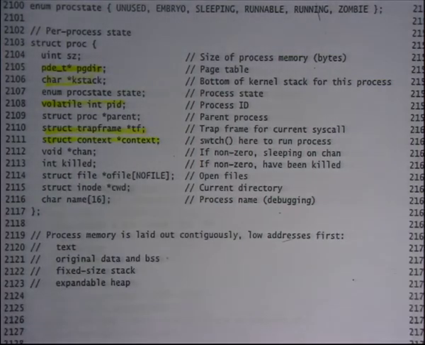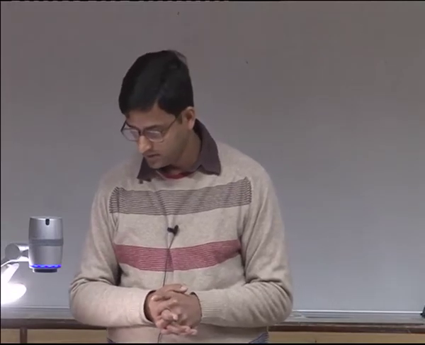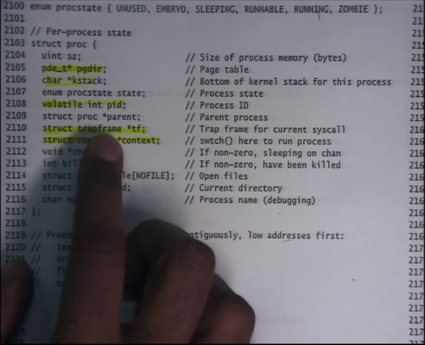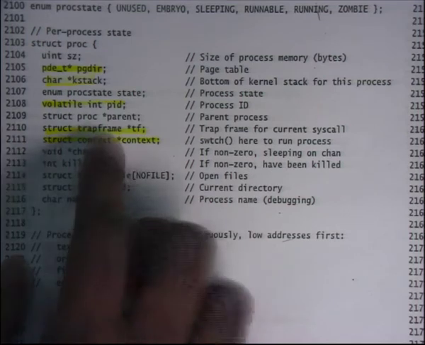Sir, does tf store a valid value only if we are under a system call, or only if we are executing in the kernel space right now? Okay, so the question is whether tf stores a valid value only if we are executing in the kernel space right now. What does it mean?